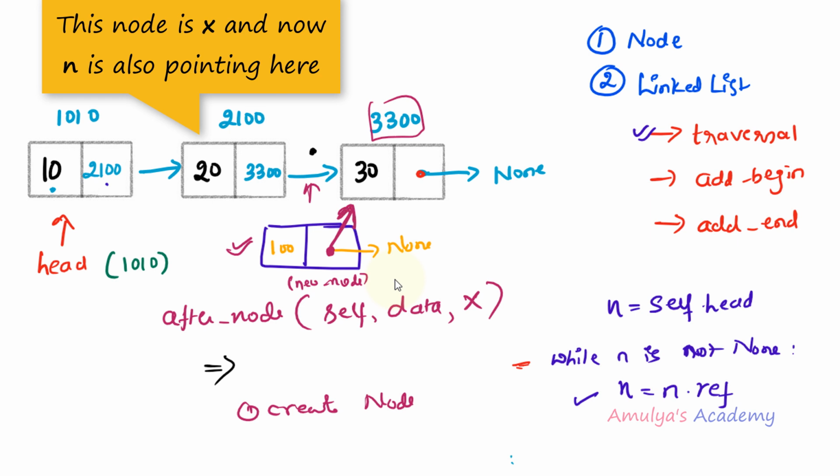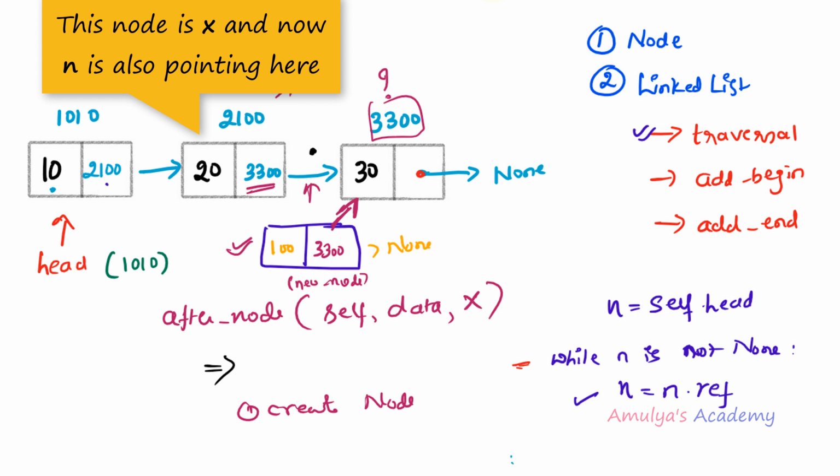Now let's check where the reference of this node is stored. Here, right? In the n, we can see the reference. Now n.reference is nothing but 3300. Now what we need to do? We need to store that reference here in the new node. So what we need to take? new node reference is equal to n.reference, right? It needs to contain the 3300. It needs to point here, the next node of the new node. It should contain the link of the next node, that is 3300 here.